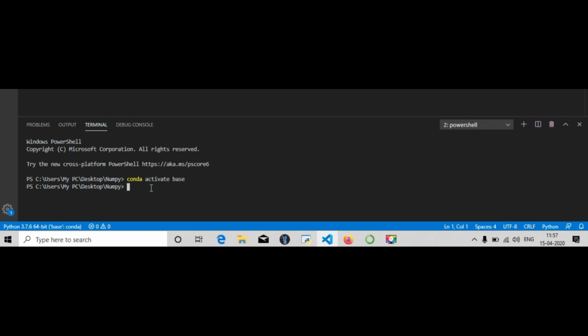Whenever you open the terminal, this command is going to run. That means it's activating the base environment. You can also activate other environments if you want to code on them, as I told you, and you have to install packages on those separately. As of now, I'll be using only base. Now I can import any of the packages in the base environment of Anaconda and start coding.